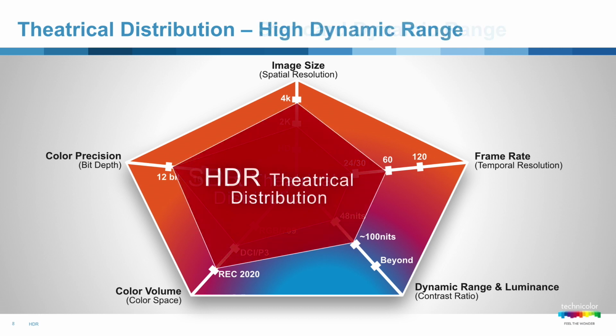Moving to high dynamic range, we increase from 48 nits to 100 nits in digital cinema. This is an increase of one stop. One stop might not seem like a lot, but the other benefit here is as we move to laser diodes for lighting, the black level drops. Because now we can have a more true black on the screen. So your contrast increases. Because as we move to high dynamic range, we're both raising the ceiling and dropping the floor. We still keep the 12-bit precision.